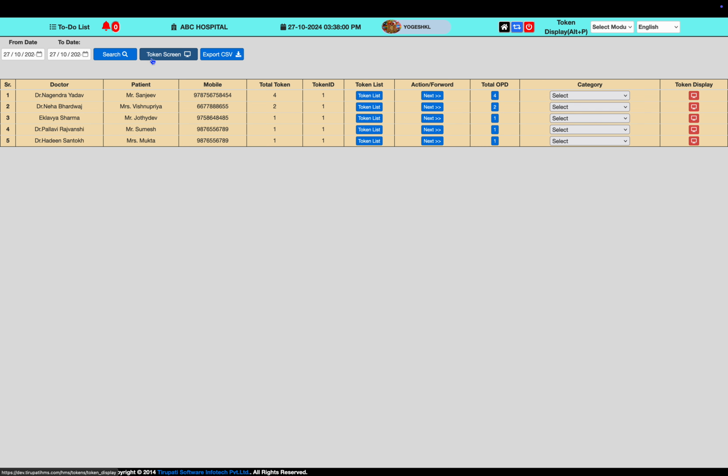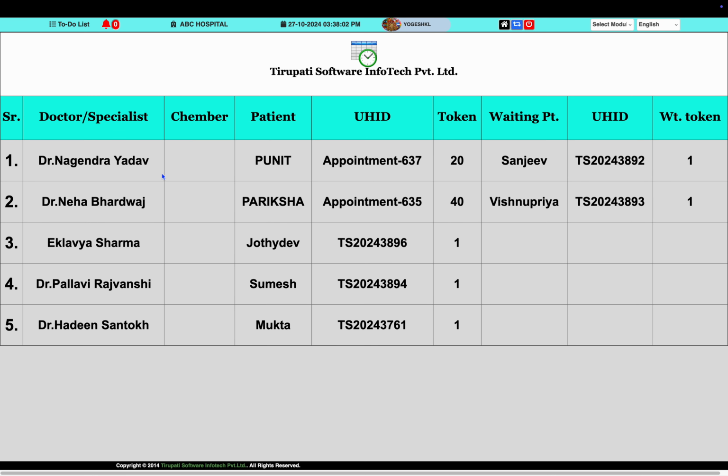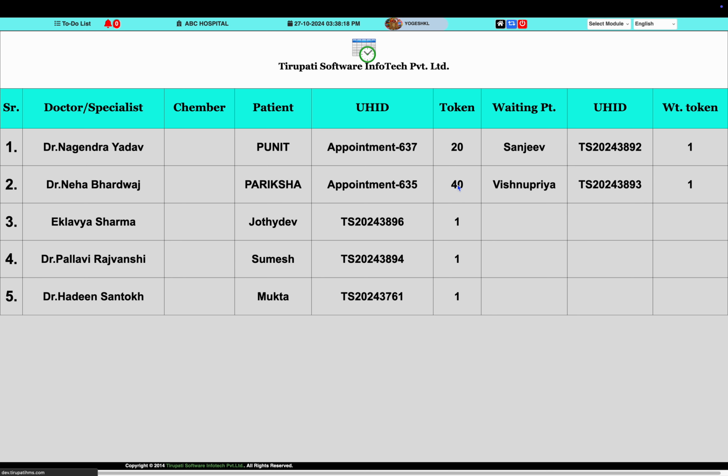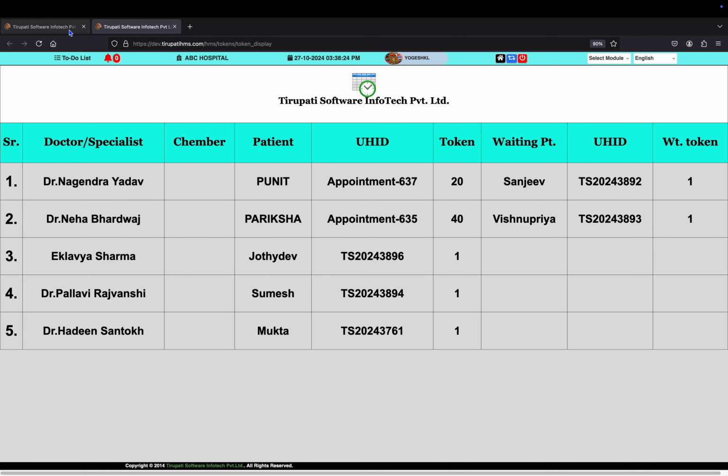So this is a token screen window where the respective doctor's name comes up, and the patient's name, the UHID or token number which is to go, and after that the next patient's token number along with UHID and waiting number. So this way this window can be running on a TV screen,